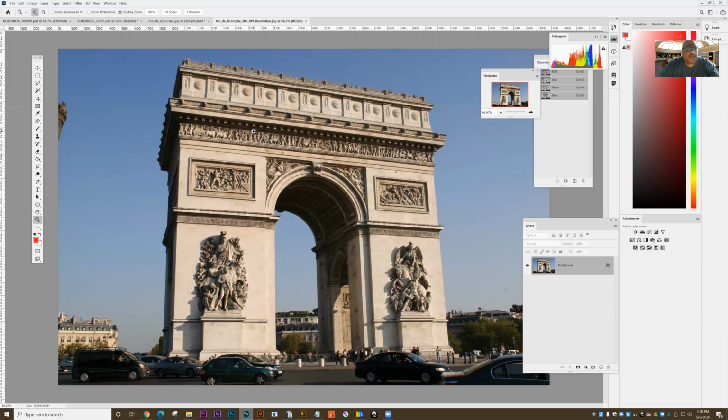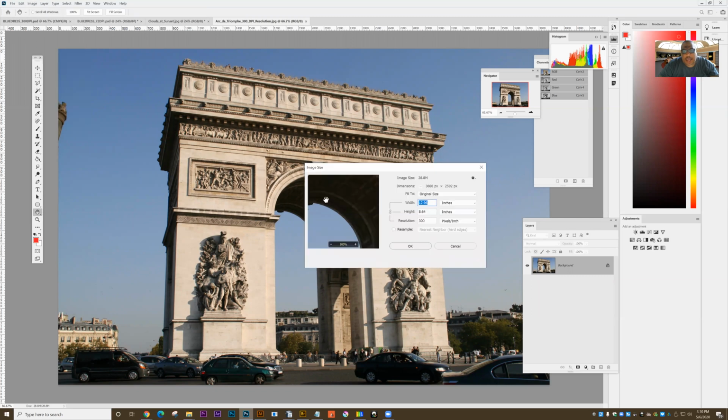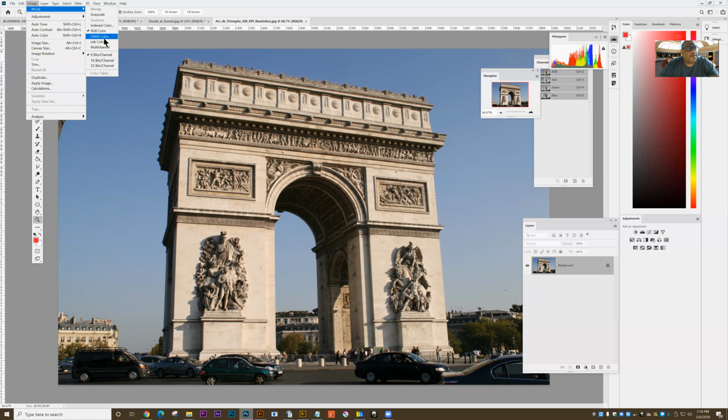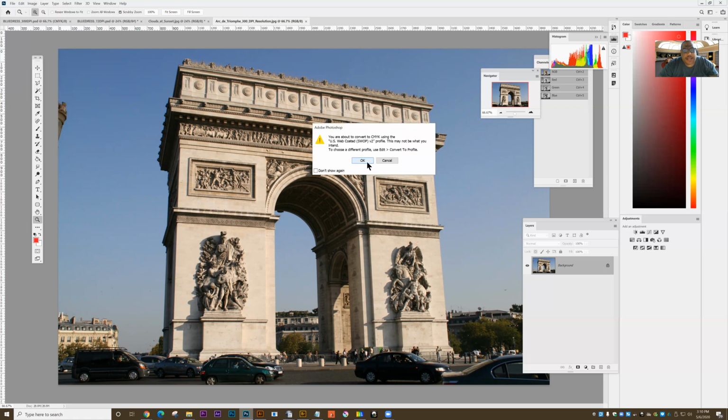So let's look at this one. This is a large image, right? Let's go to Image, Image Size. It's already set to 300 dpi, and it's 12 by 8 inches. So I can print this at up to 12 by 8 inches. I can also print it smaller than that. So I'm going to click OK. I don't really need to do anything but convert it. I go to Image, go to Mode, and convert from RGB to CMYK color. I say OK, and then I'm going to save it as a JPEG. So as soon as it finishes the color conversion,